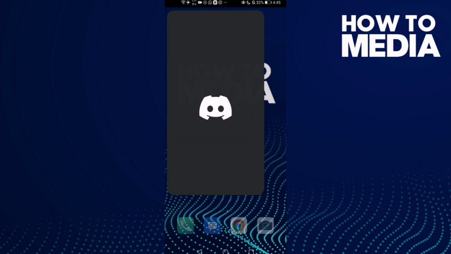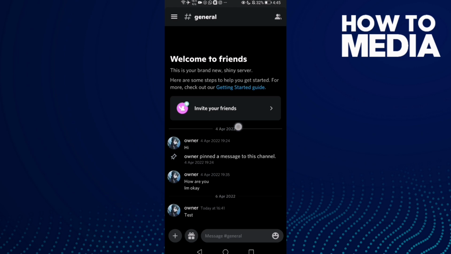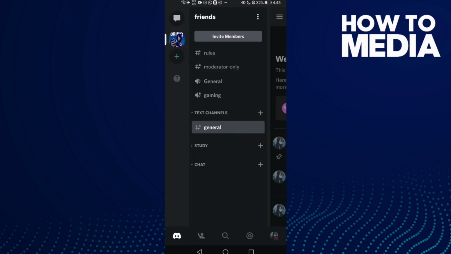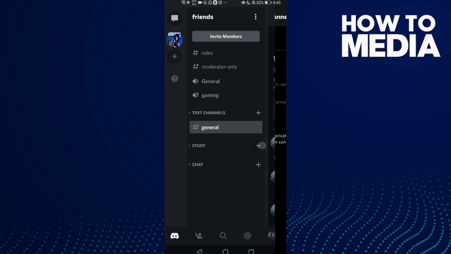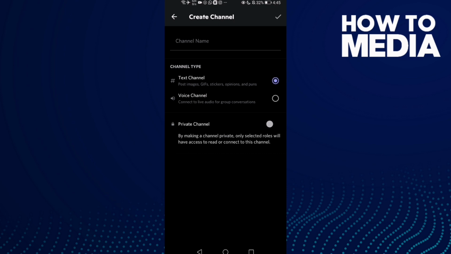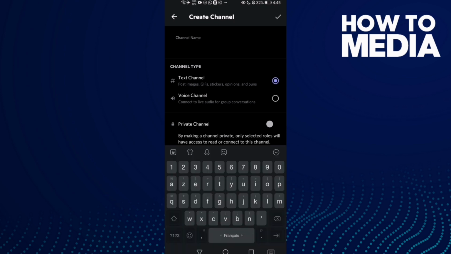First go to Discord, and all you need to do is go to your server and then click this plus icon. Click on it, and as you see now all you need to do is type a name, something like this,